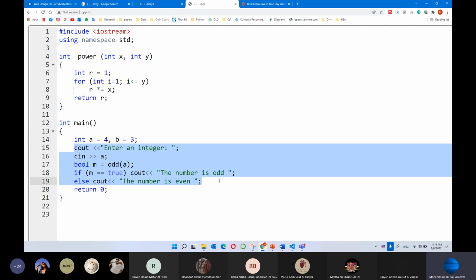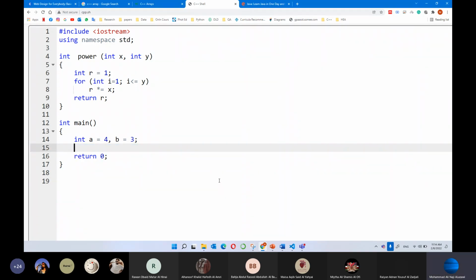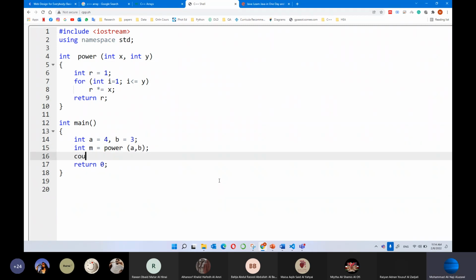I'll define integer M equal power of A and B. And then I print it. cout: the result is